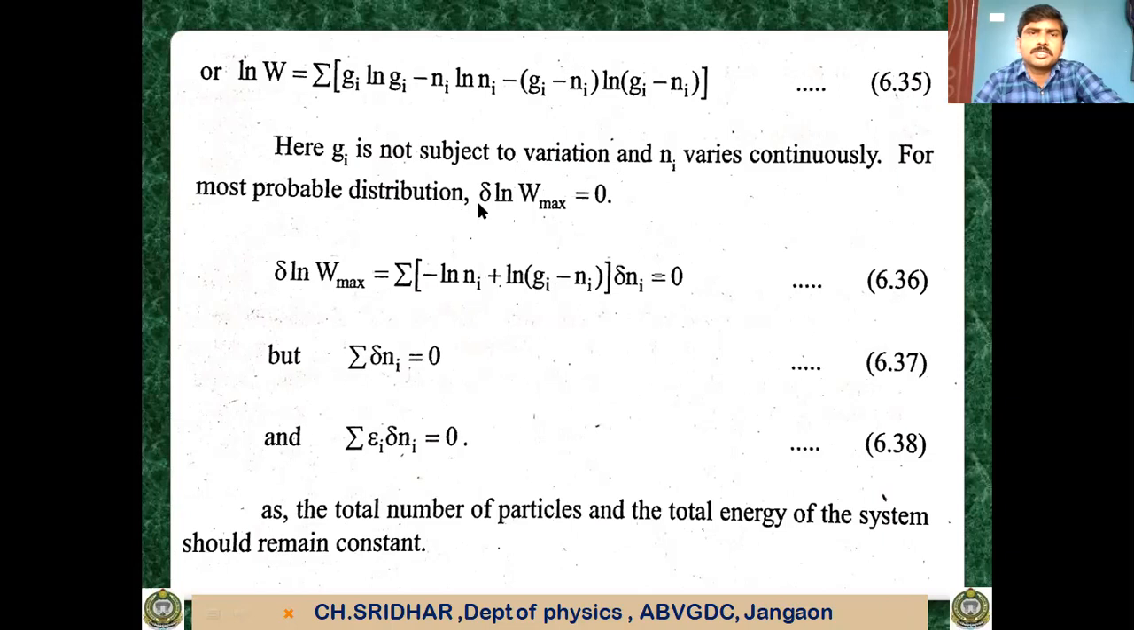So for the most probable distribution, we have the change in log W maximum is equal to 0. As Gi are the energy levels, there is no variation, and Ni is the number of particles, so the number of particles is the only changing variable. So for the maximum probability, if you differentiate this equation, you will have delta log W maximum is equal to summation, and this term goes to 0 since there is no variation in Gi. So minus Ni into log Ni,